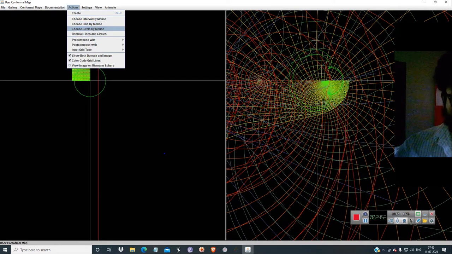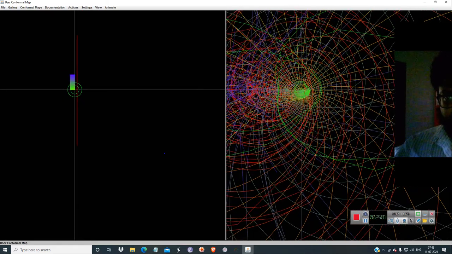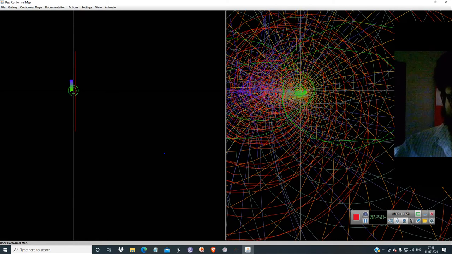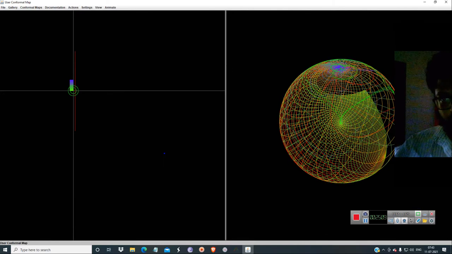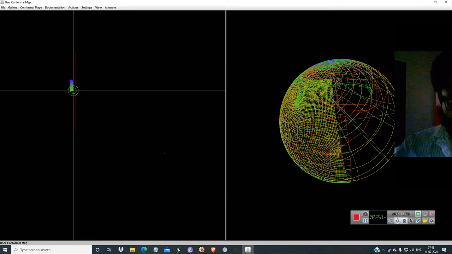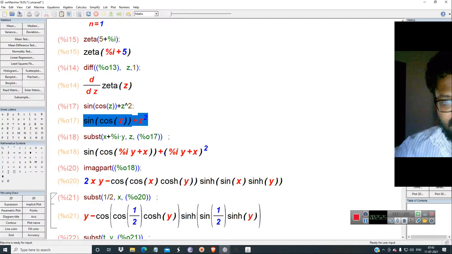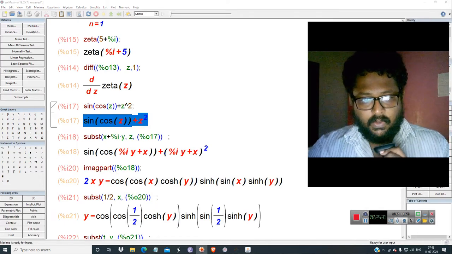So you draw another circle. Okay, it just deforms into another circle like this. So it just transforms into another circle. If you just plot a Riemannian sphere, it is of this form, and it is very hard to tell. So this stereographic projection also I'm going to tell you what it is, when I cyclically morph it. Okay, it will take some time. So these are the functions that can be done in a complex manner or conformal mapping manner.